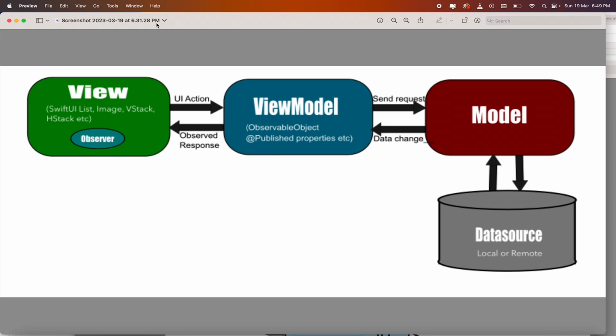So in MVVM architecture, we have a view in which we have all the UI logic, and then we have a view model in which we have our transformation logic, and we are essentially placing all the observable objects and published properties in the view model. So the view model is a layer between the view and the model